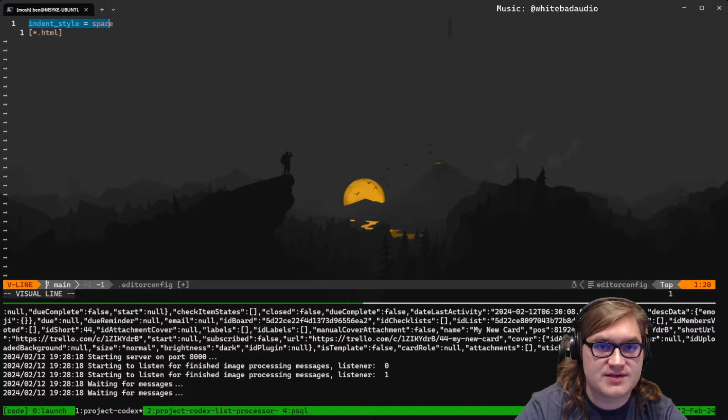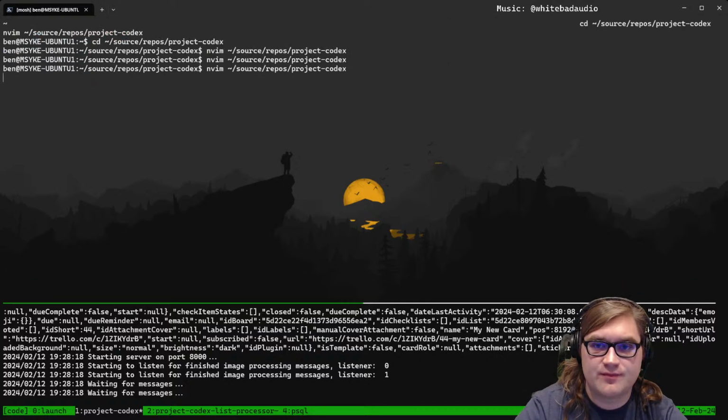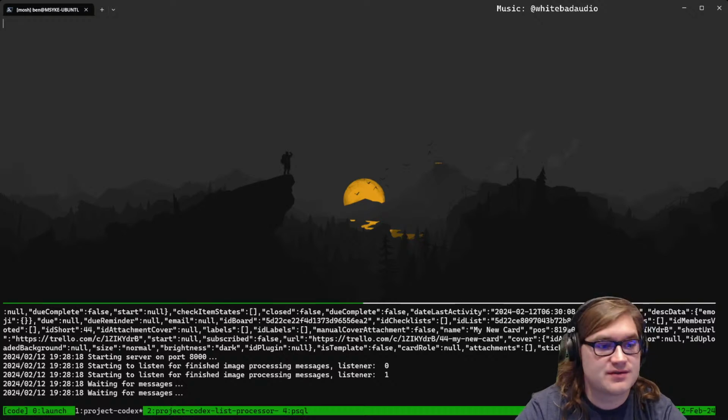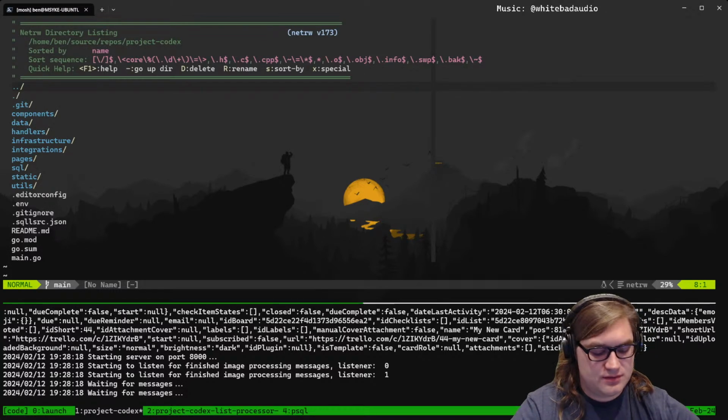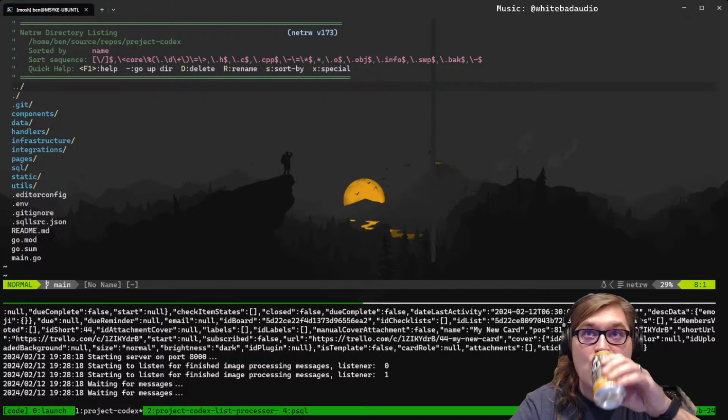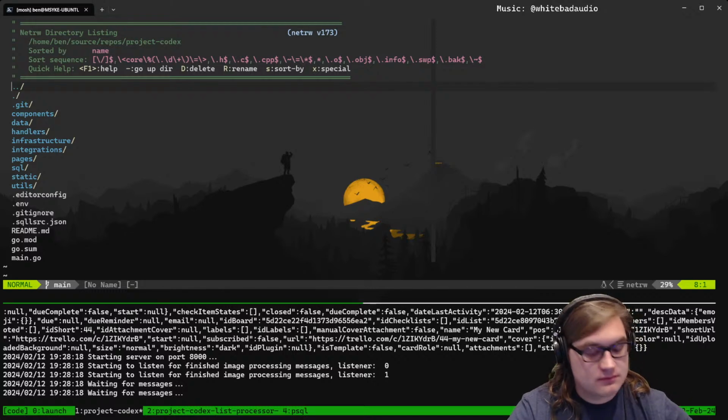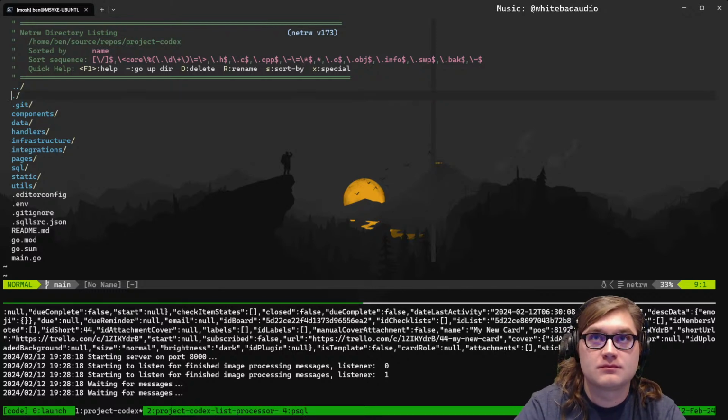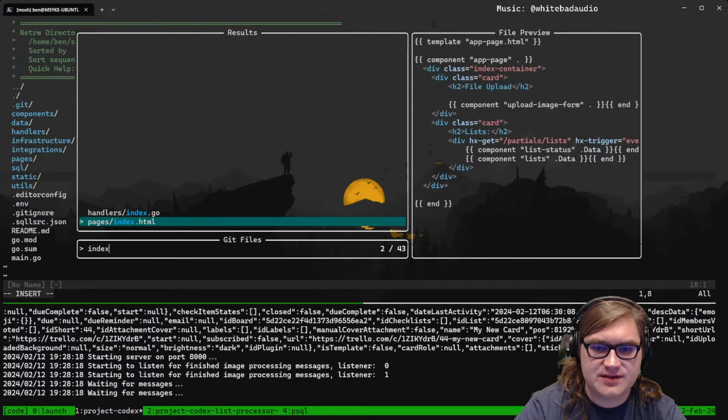Well, actually, we want this on everything, and then we want indent size of 2. Okay, and then we quit Vim and restart this. So now when we go to index.html,